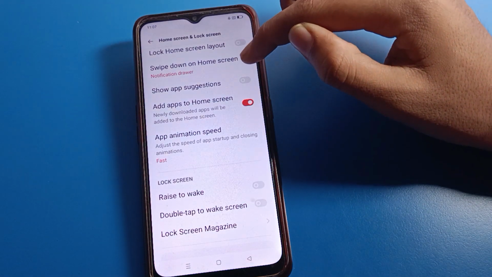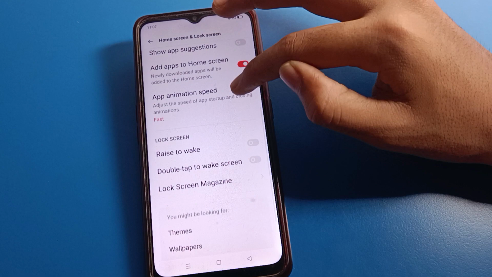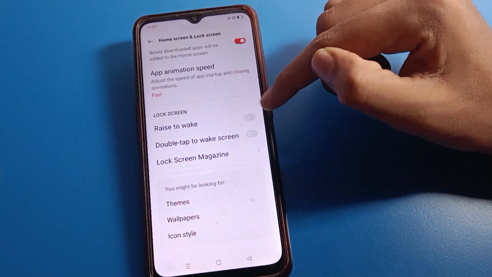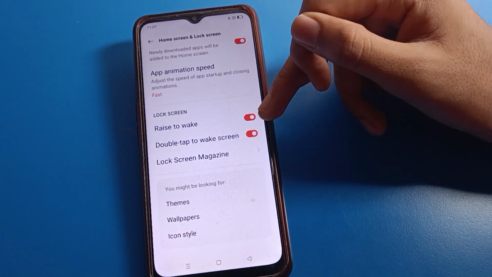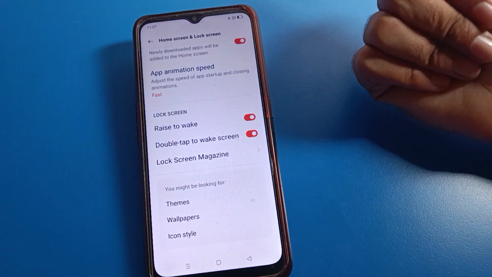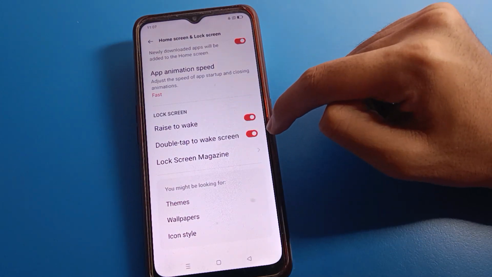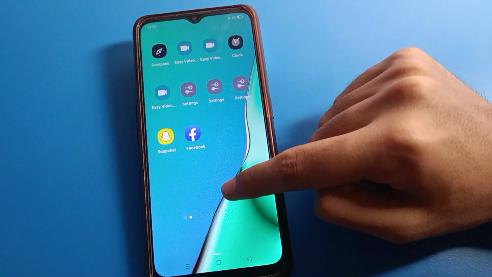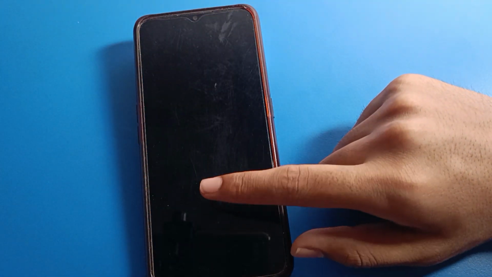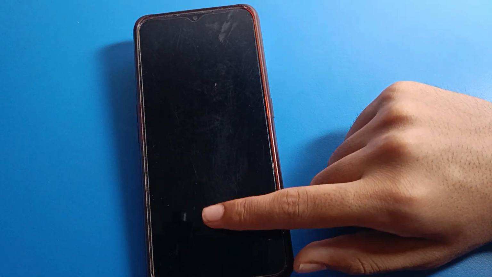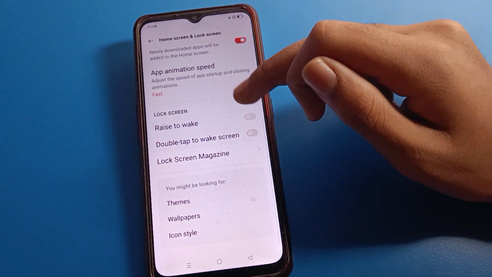And friends, if you want to turn on the show app suggestion setting, you can turn it on from here. In lock screen setting, you can turn on raise to wake and double tap to wake screen if you want. If you turn on raise to wake, when your phone screen is off and you pick up your phone, your phone screen will turn on automatically. Double tap to wake screen setting friends, if you turn it on, double tap on the lock screen and your screen will turn on. Double tap here to turn off, and double tap to turn the screen on again. Like that friends, you can use your lock screen setting also